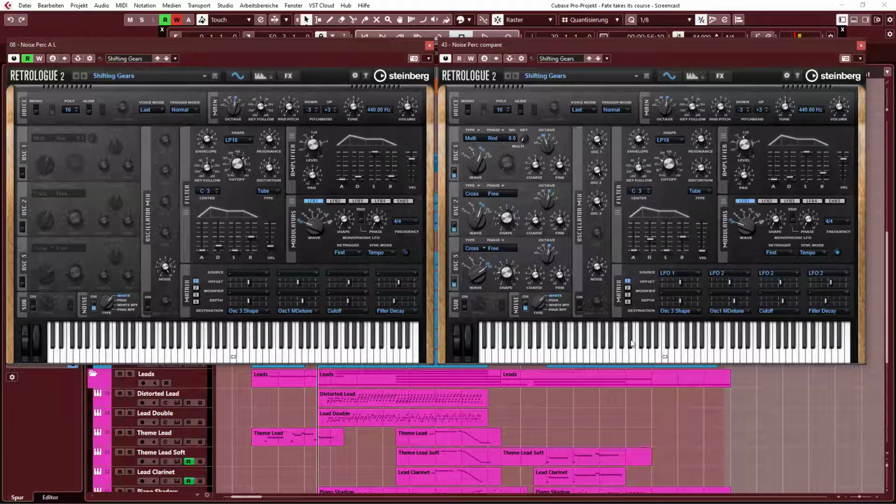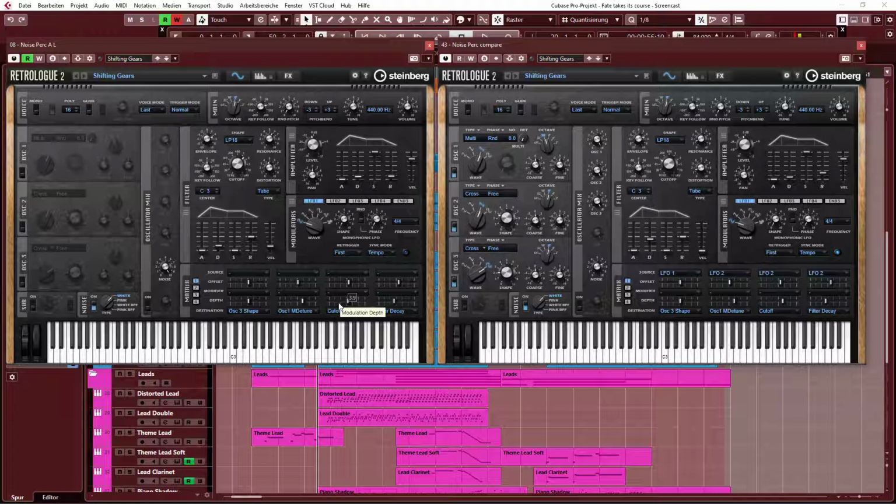As you can easily hear, the two sounds don't have much in common, right? And indeed, I nearly built this sound from scratch, but the starting point still was this shifting gears sound because I liked the flapping in there. I only used the noise, nearly killed all the modulation, and created a driving arpeggiator pattern to push things further